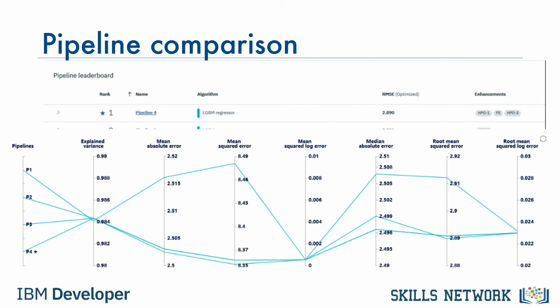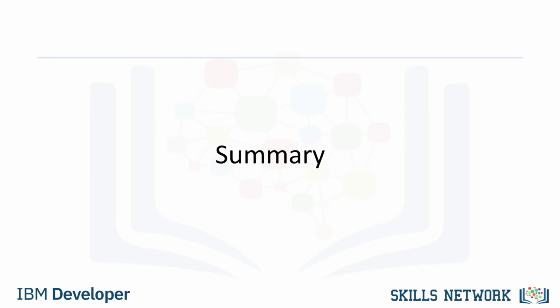Currently, Auto AI is available only for classification and regression models. There is a plan to add time series model support in the future. In this unit, you have learned how Auto AI automates typical data science tasks and helps get better performing data pipelines more quickly, while also simplifying pipeline deployment into production in Watson Machine Learning. In the next section, we will discuss Watson OpenScale, which helps to ensure that your models are fair, explainable, and up to date.